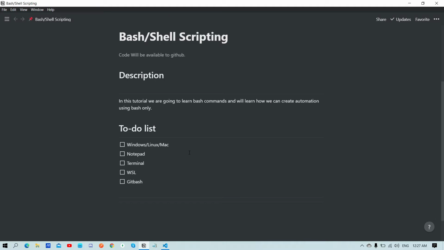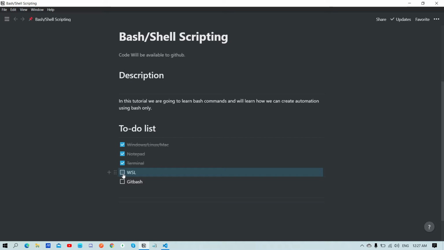You're watching me on YouTube now, and today we are going to learn bash scripting or shell scripting, you can say. So you have to have a few things available inside your system. First of all, the setup: Windows, Mac or Linux, anything that you are working on right now. A simple notepad, a terminal or command prompt, and WSL if possible. Means if we are on Windows, then it will be better if you use Git Bash or WSL, so you will better understand how Linux commands work on both platforms, Windows plus Linux.